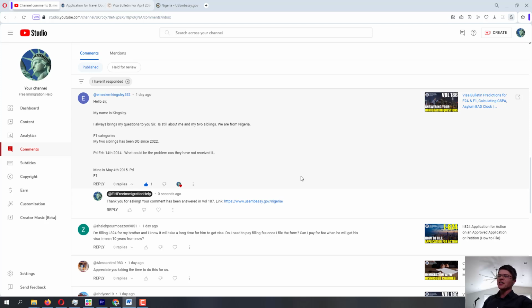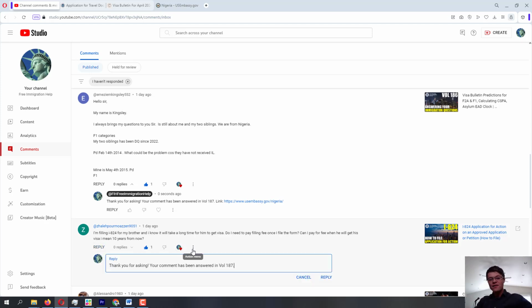Whenever it comes to the applications, you do submit a fee with the application before your application can start processing. One thing that you can take a look at, if it's problematic for you to make a payment, is the fee waiver. I do have the information on how to apply for that fee waiver, and basically you submit the fee waiver together with your application, and if the fee waiver is approved, USCIS waives the application fee that they charge you. So you can take a look at that.